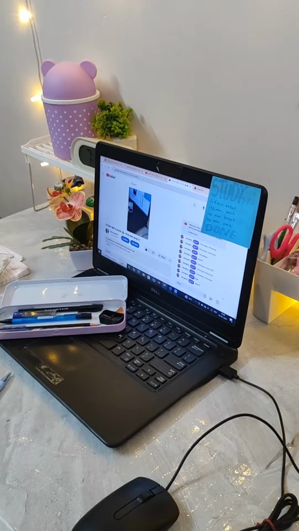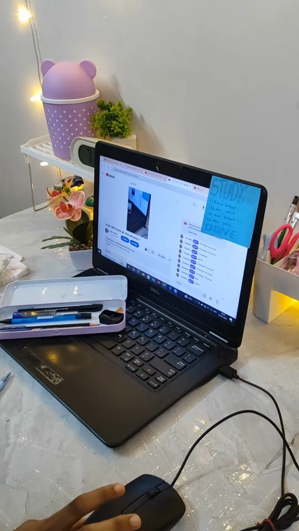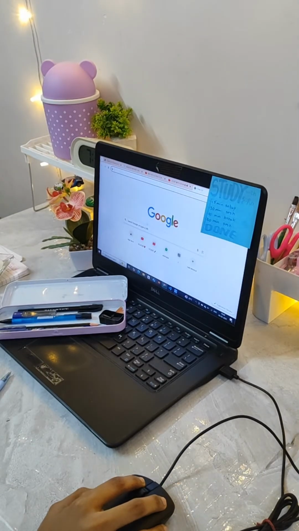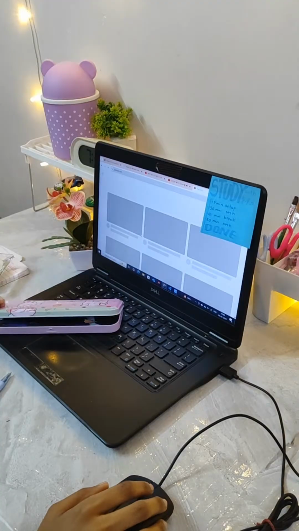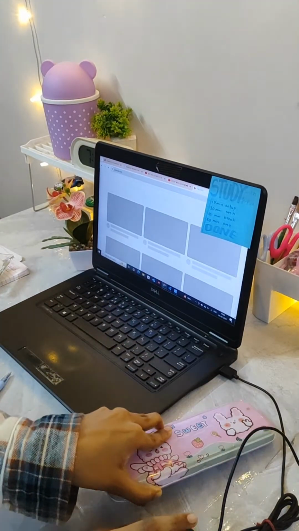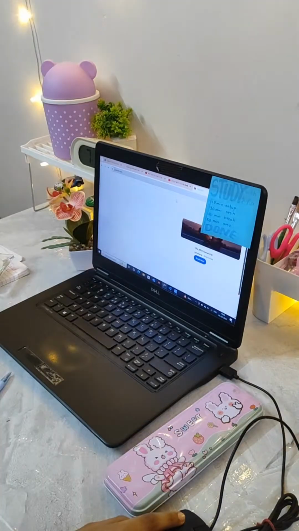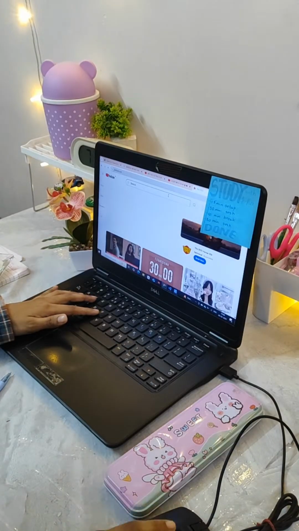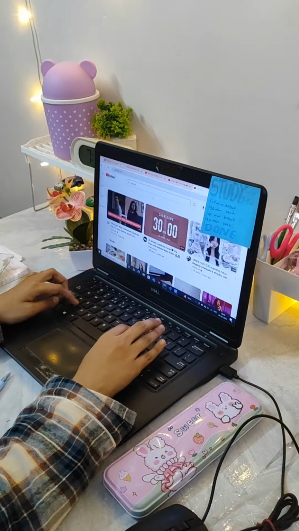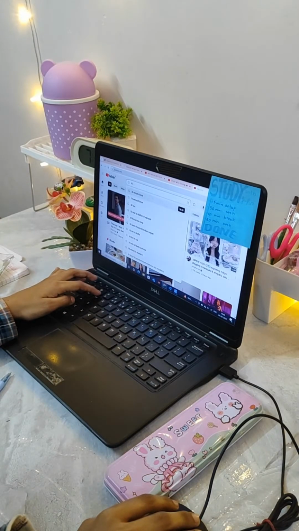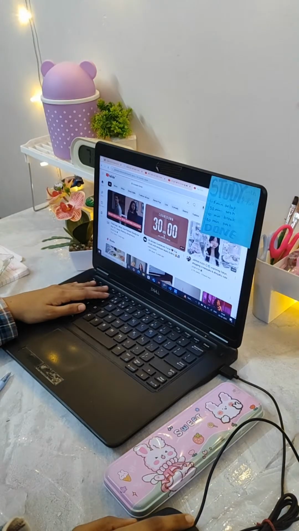So let's begin. I'm going to start off by putting a timer. I'm going to be doing 30-minute study and then 10-minute break. So the timer I like to use, or I use the most in all of my studying, is the basic flip timer. I'm going to show you guys. Like these ones, but I don't want this color, so I'm just gonna write down 30-minute timer and find a color that I like more.